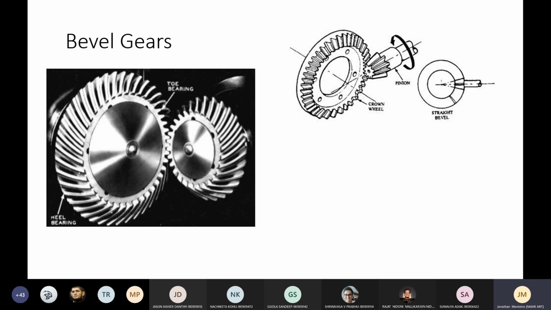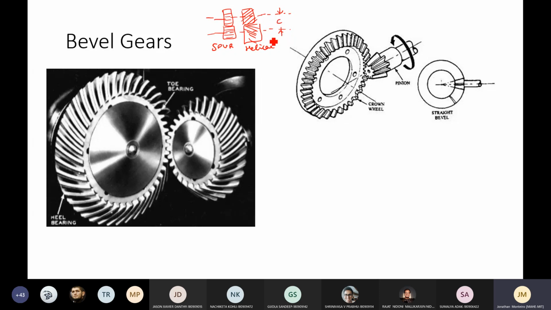One of the things that we immediately notice is that in spur and helical, whenever we discussed, we all assume that there is a spur or a helical gear. One has teeth parallel to the axis, one inclined to the axis, but whatever happens, their axes don't intersect. This is an example of helical gear, and this is spur, this is helical. Their axes are all straight, kept at some distance, which we call a center distance. This is the center distance C between those two pair of gears, and they never intersect.